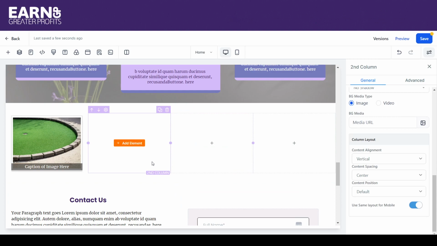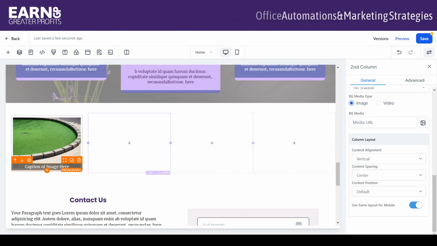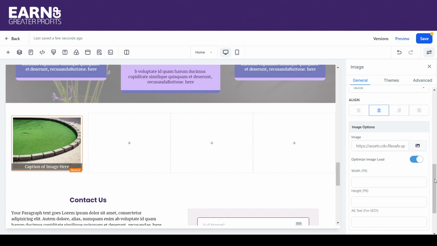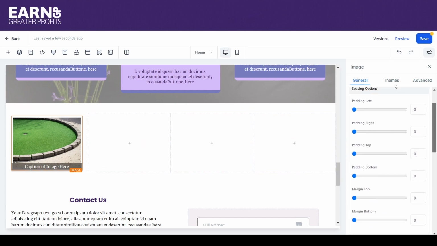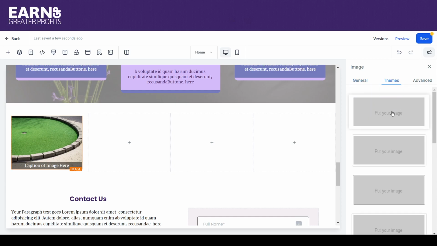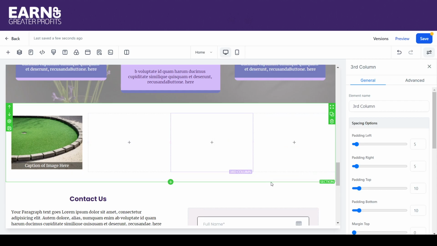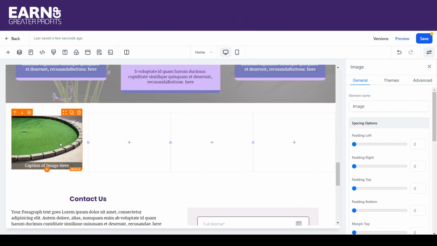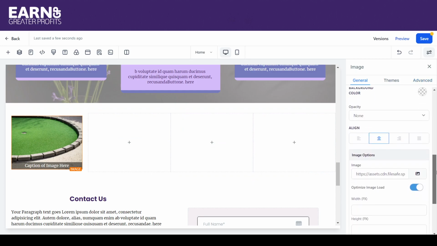Now you'll see that it shows the border behind that semi-transparent background. We could remove the border of the image if we want to. Let's see how that looks. Let's go back to themes and click the top, which is nothing. And then without the border, we could add an image